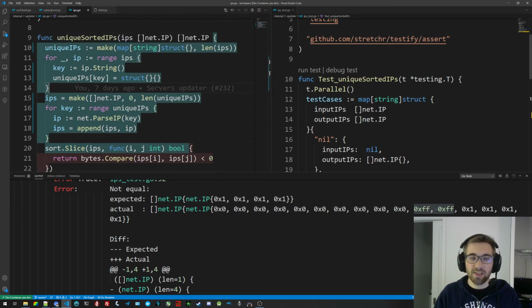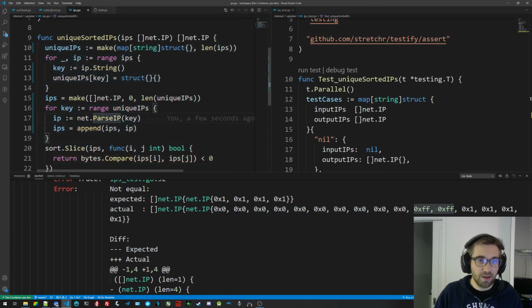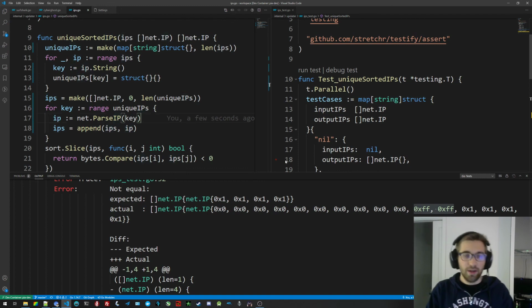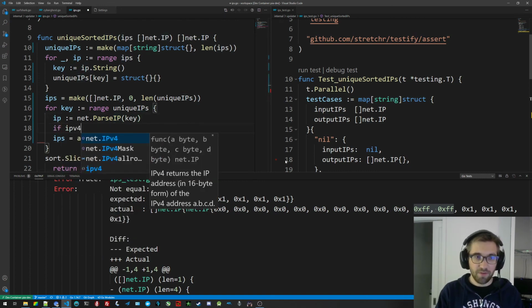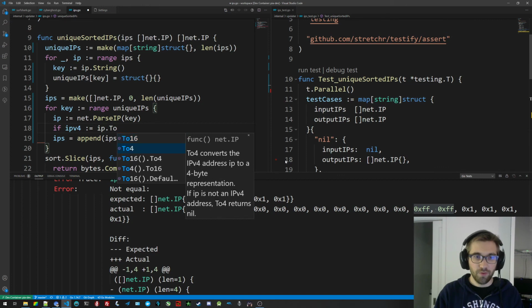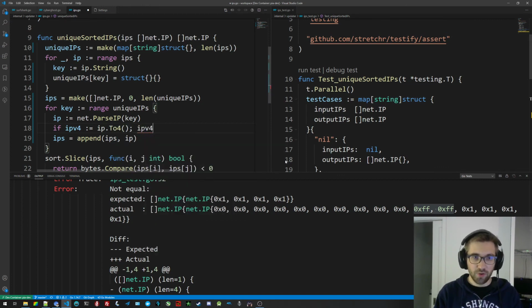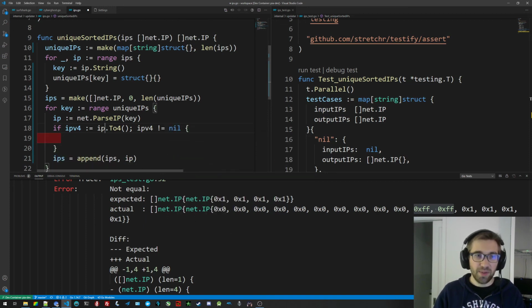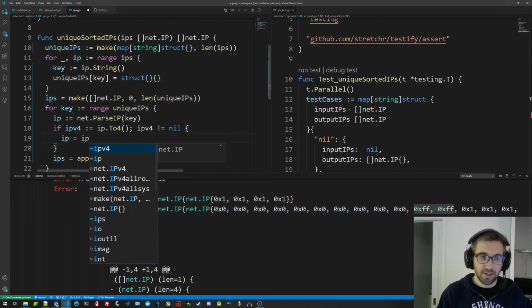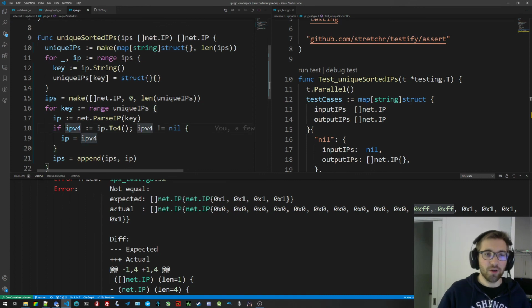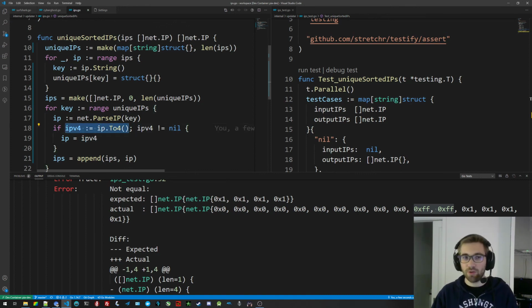I could adapt my test, but in this case, I'm just gonna change the code on the left. How we're gonna do that is pretty easy actually. In this case, I'm just gonna say if ipv4 equals ip.To4(), and here's the condition. So the condition is that IP is actually an IPv4 address. If it's not, we just don't do anything. And if it is, we assign it to the ipv4. It's a funny Go thing you can do: assign something and do a condition on it at the same time with the semicolon. It's a bit of a pro thing. So anyway,